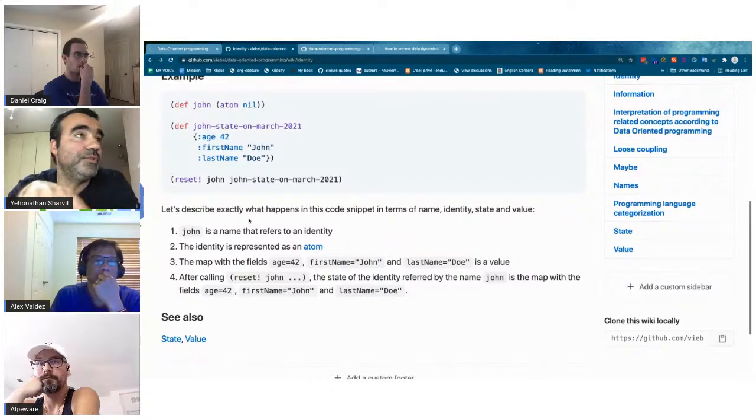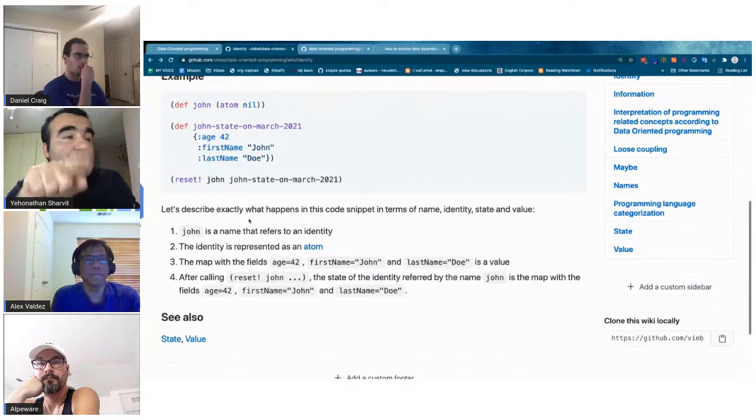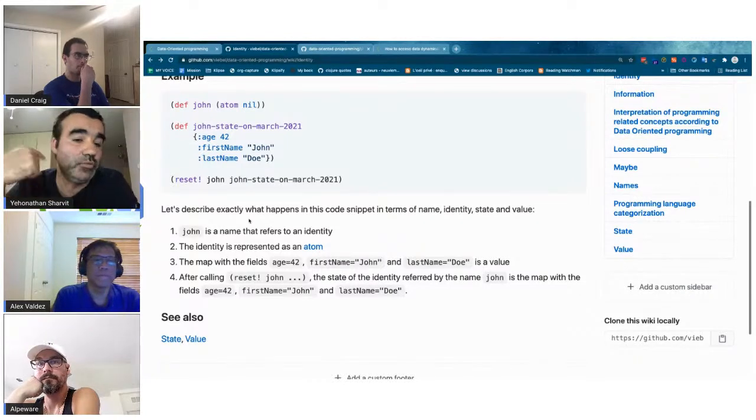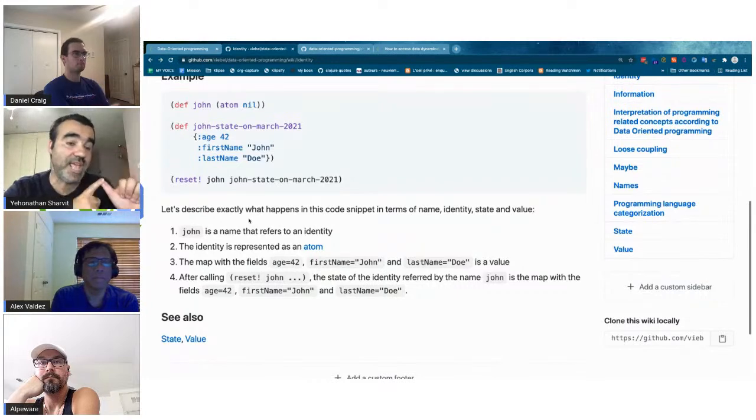Yeah, I totally agree with you, and I would love to find an example in JavaScript. Just before the talk, when I was preparing, I considered changing this example and rewriting it in JavaScript, but I couldn't find a way, because I need the three levels: the names, the variables, the identity, and the value.